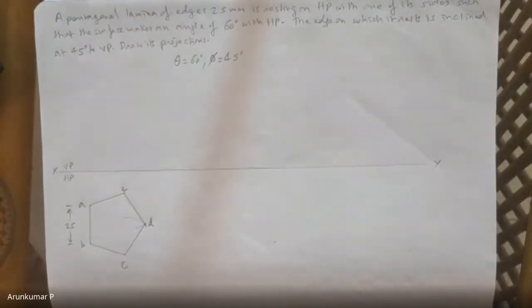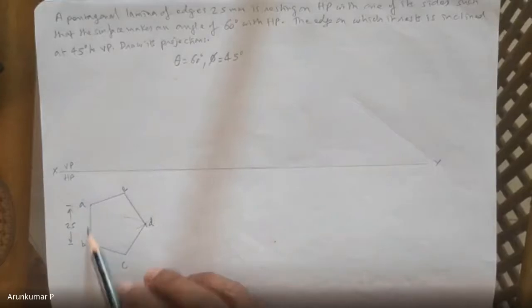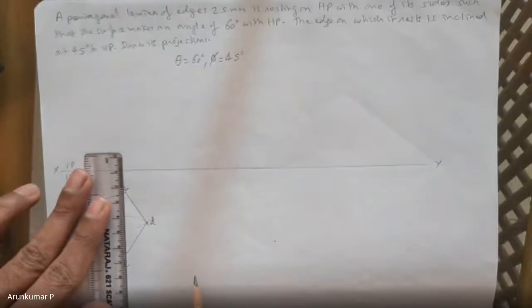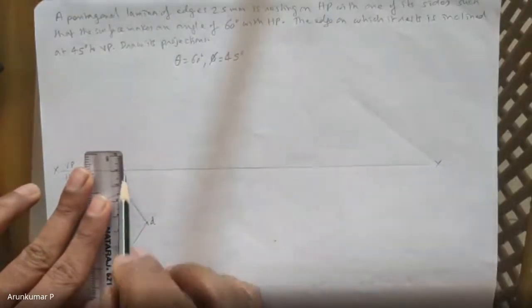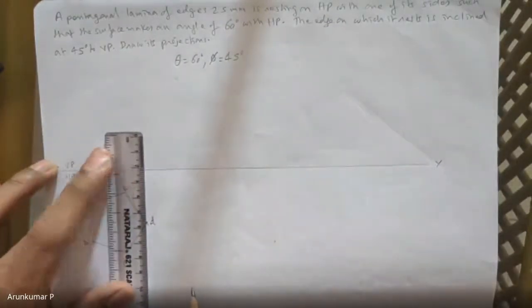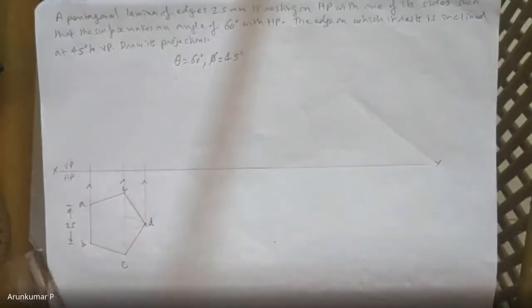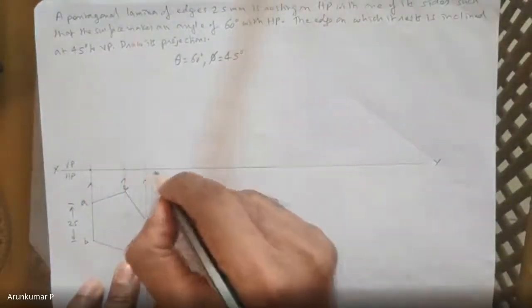Front view. I'll have to draw one, two, three vertical projectors to get the front view. So one for AB, one for CE, and one for D. So three vertical projectors, and as you know, they are going to intersect here at the XY line. So you can mark those points and join them by a straight line.